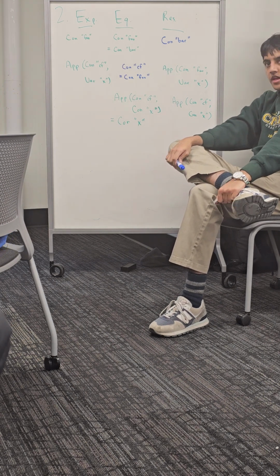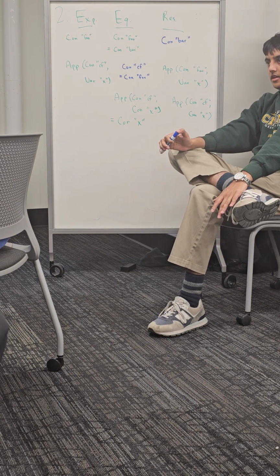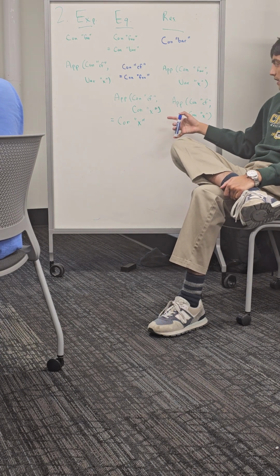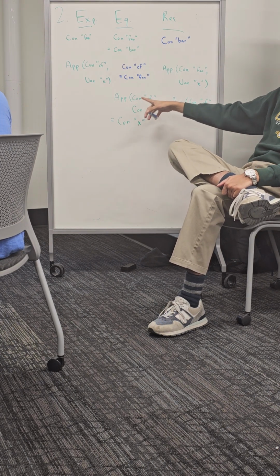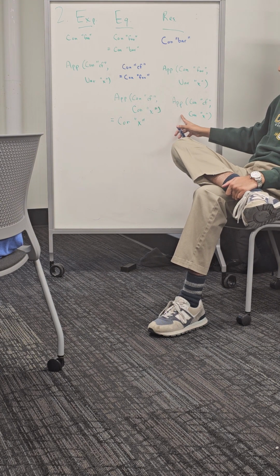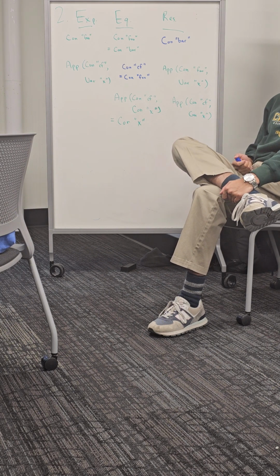All right. Now this third problem, it's a little trickier. This third case. So we have an equation that says application of con CF and con X equals con X. And we have this result at the end. Application of con CF and con X equals con X, right? So